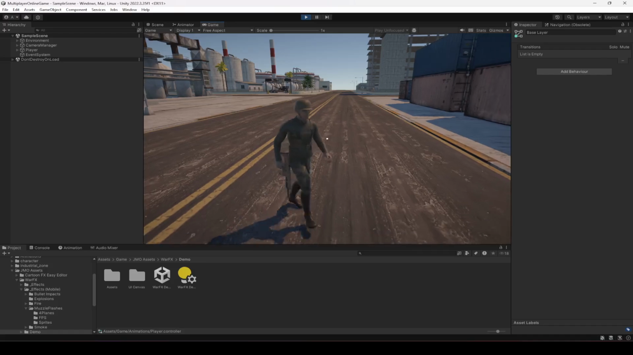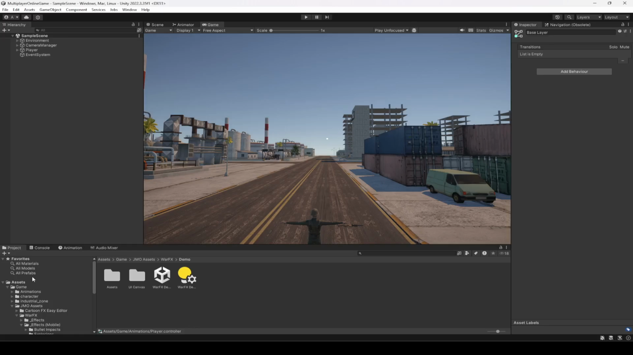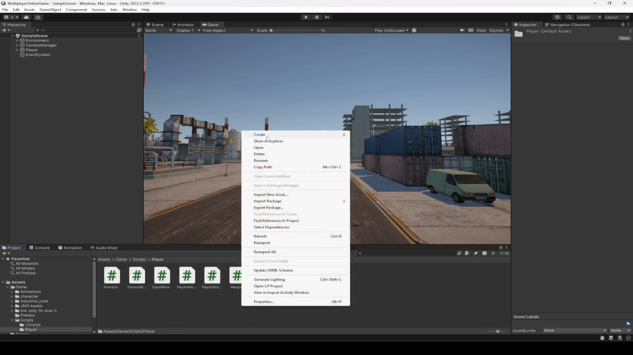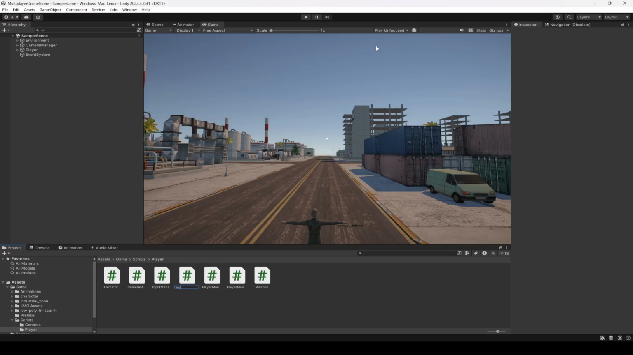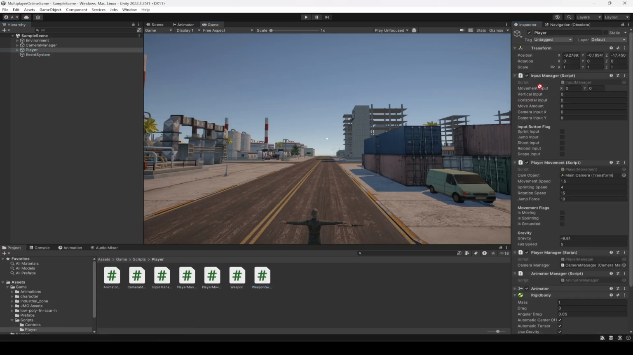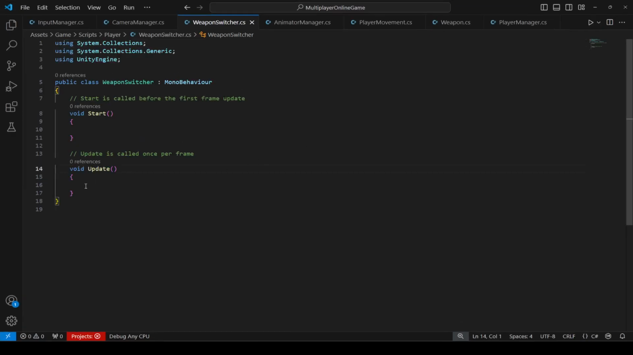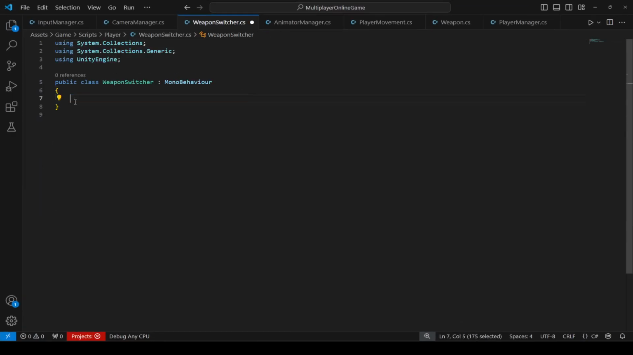In order to do that, let's first of all create a new script. I'm gonna click the scripts folder, and then in the player folder let's create a new C# script by the name of WeaponSwitcher. Click on player and drag and drop this script at the top. Then you can open this up in Visual Studio Code, remove the start and update,